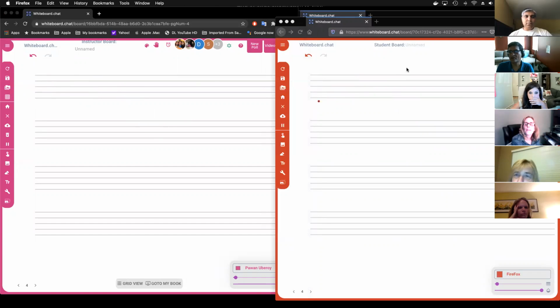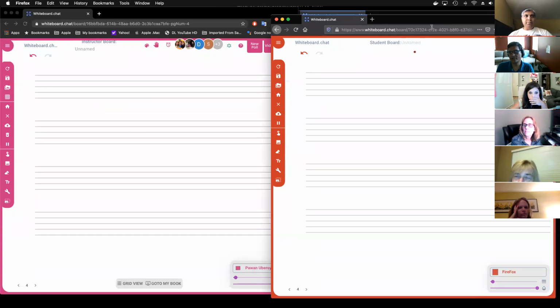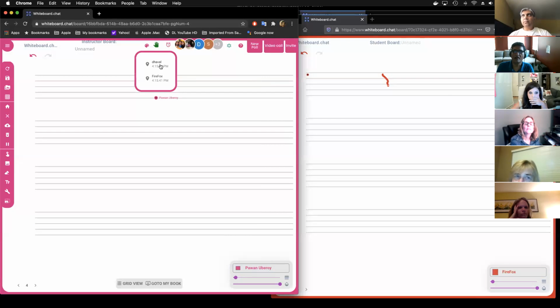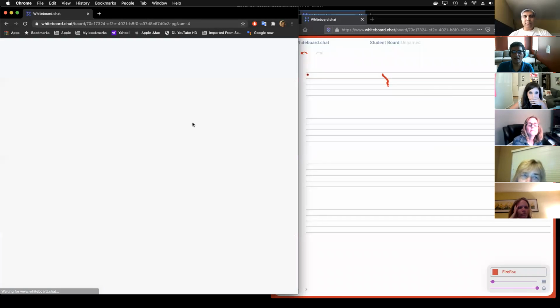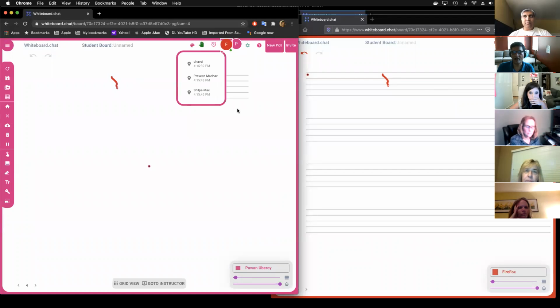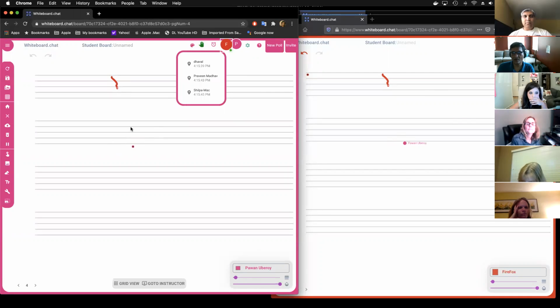Now, if the students have a question, they're working on something, they can raise their hand. So you can see this power button here. They can raise their hand. If they click the button, you can say, hey, Firefox and Dowell are requesting help. I can actually click one of them and go to their board directly. Okay? So as I click it, now I'm on this person's board, and then we can collaborate with each other